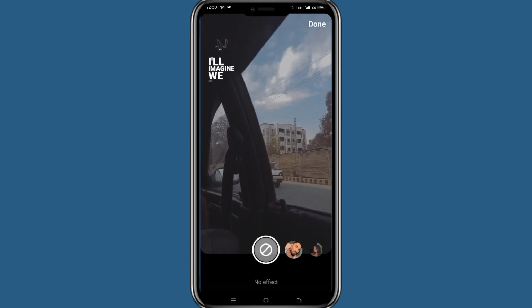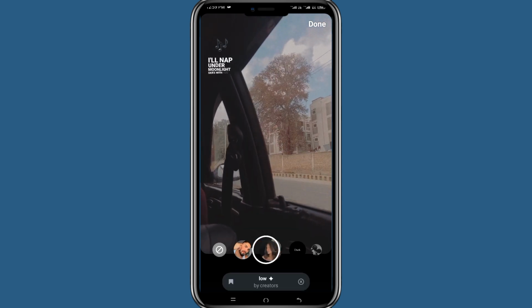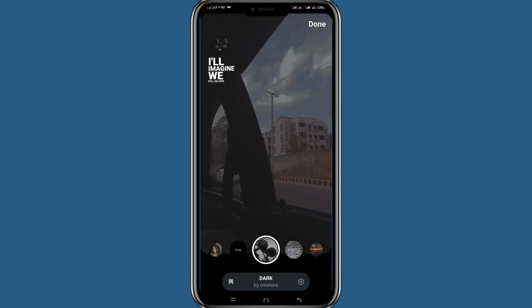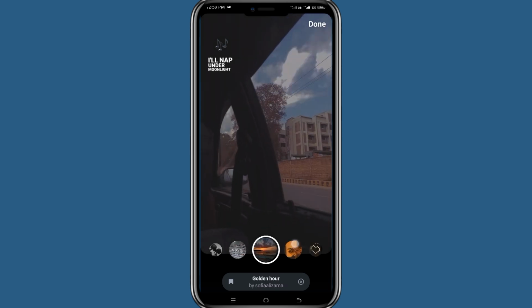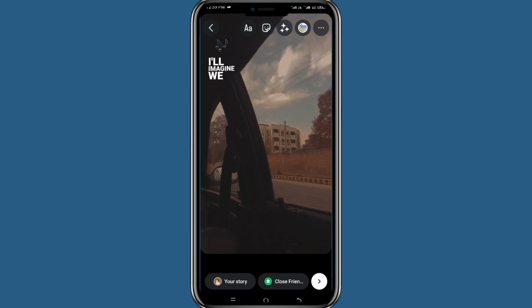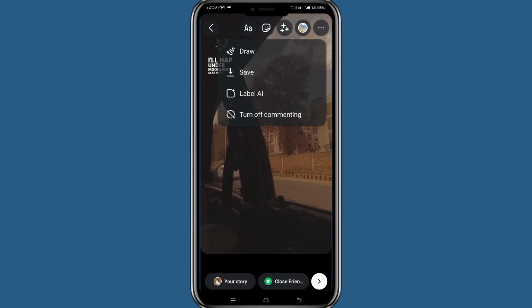like this. Then we have this option of filters. You can change it from here. You can add this one, you can add a darker one, or you can add a black and white. So in this way you can change the filter. So click on done. Now click on the three dots in the top right corner and there we have this draw